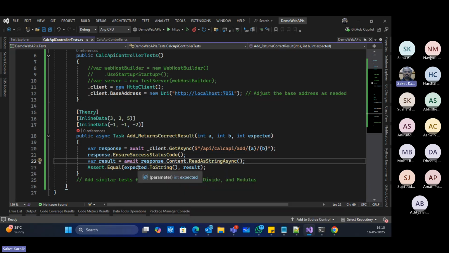Oh, this is string expected dot ToString. Expected is this. It should have matched.